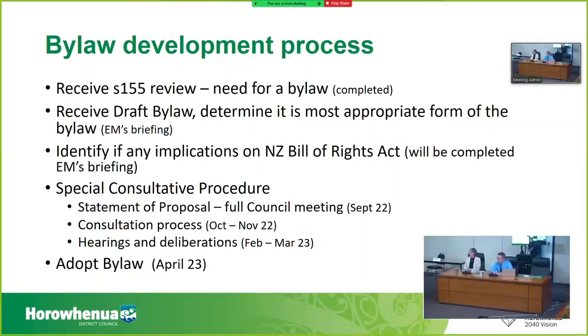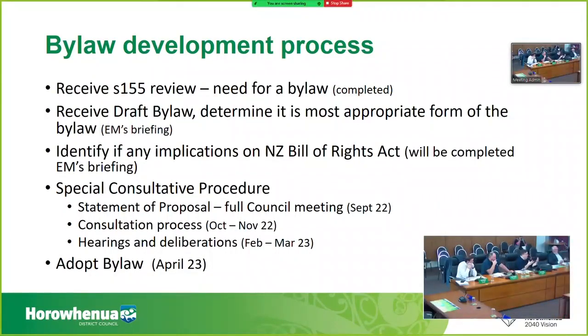I guess what I'm testing is this bylaw is intended to give you a power or a tool to do something in theory that you can't do already, right? So are we saying at the moment, if we identify a specific property where their private system is not working and they're introducing that additional volume into the stormwater system, that we can't do anything about it right now? I mean, obviously we can do things like consent and talking to the owner, but there's no way that we could coerce or